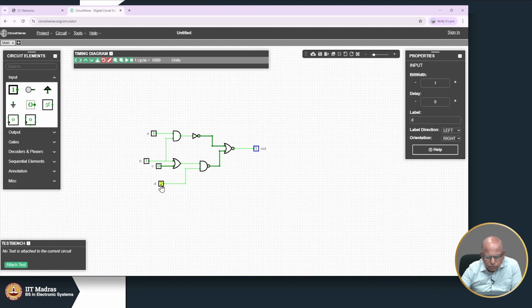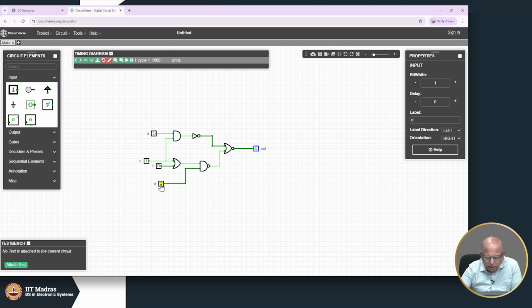But you can use it to illustrate one more point. Now I have applied 1 1 0 1. So, do a simulation. 1 ANDed with 1 is a 1, that produces a 0 here. 1 ORed with 0 is a 1, and this 1 produces a 0 here. So, the NAND gate produces a 0, and 0 and 0 NOR will produce a 1. Now, the question is, if I click this, I am changing D to 0,